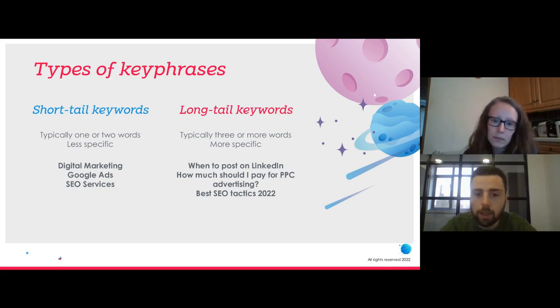And when I was speaking earlier about keywords, for example, you could look to target. Now, you don't have to know it. This is just an example. But if you're doing a phrase match where basically "digital marketing" needs to be in the search term somewhere, you could look to target that. And it could be "how much does digital marketing cost," or whatever it may be. So that would be some more long tail